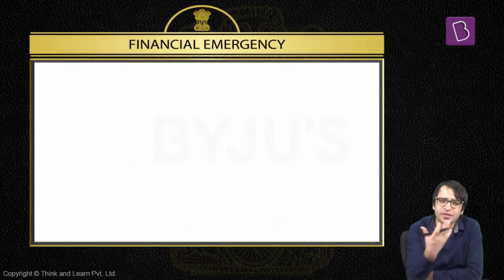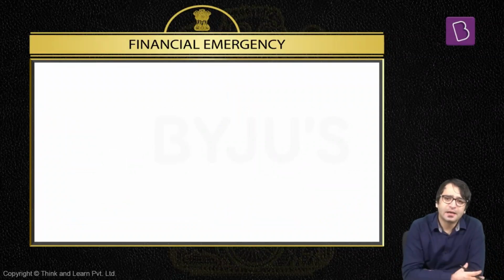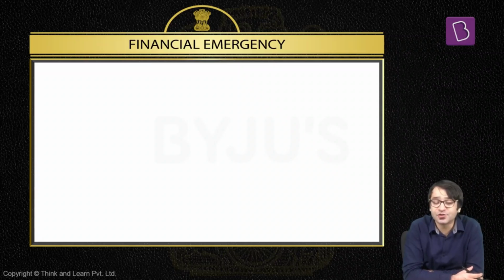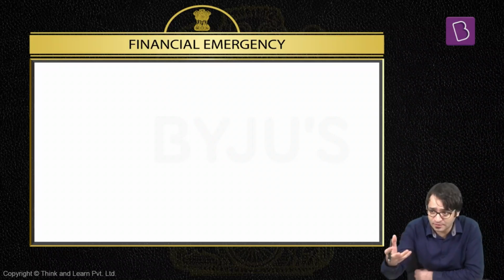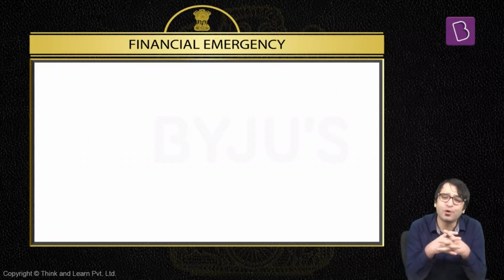You need to understand something else, and this is a question that students normally ask us. Let's say, for example, during COVID-19, ministers, members of the parliament, they decided to take salary cut. Chief election commissioner, election commissioners, they also decided to take salary cut. How is it justified? Or is it not financial emergency? Because they have decided to reduce their salaries, to reduce their take-home salary. But the point is, they're doing it voluntarily.